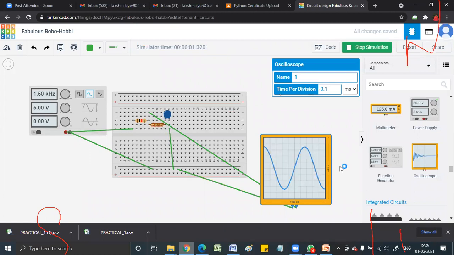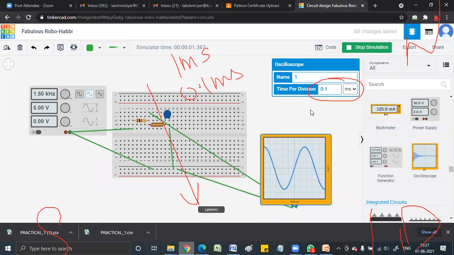See, I'm adjusting. This part that I'm doing is only for viewing the signal in a better manner. In my first, when I did 500 hertz, I took 1 millisecond. But now I'm taking 0.1 millisecond because it is becoming clustered. As I move ahead, I'll be decreasing more and more, because my frequency is increasing, right?